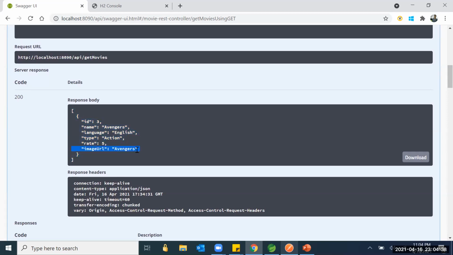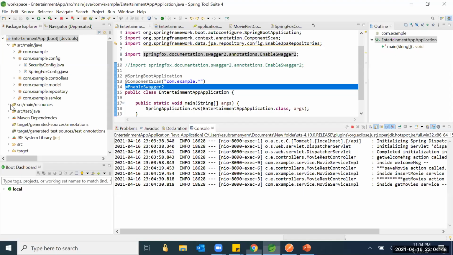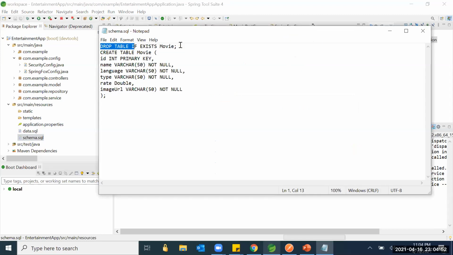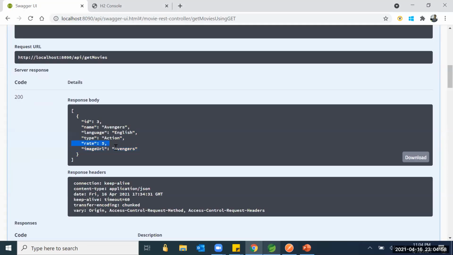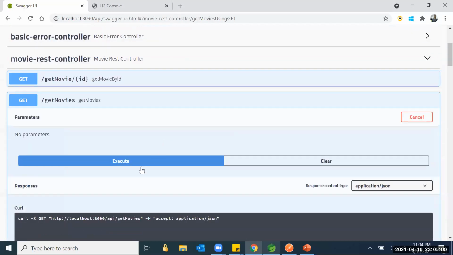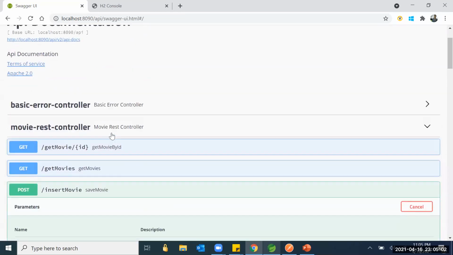Whenever you stop the server, it automatically removes the existing data, because we are dropping the table first when we start the application. If we see our schema.sql, we are doing a drop table, so it will drop the table, then again create it. That's why we don't see the earlier data. So this is how we can enable Swagger also.